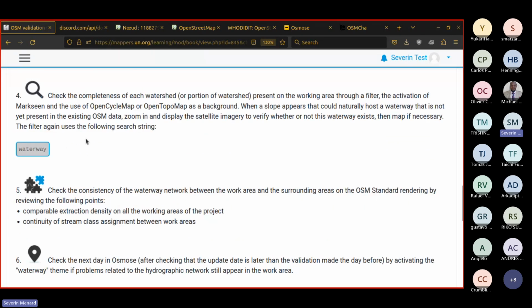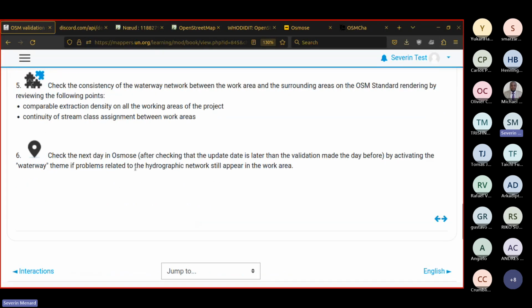Then there is the check the next day with Osmos to see if there are some remaining things in the categories of interest for the specific map features that you missed. That are also complementary, because it checks things that JOSM does not check.